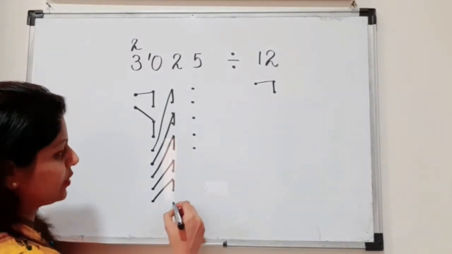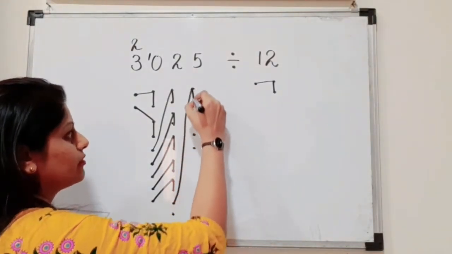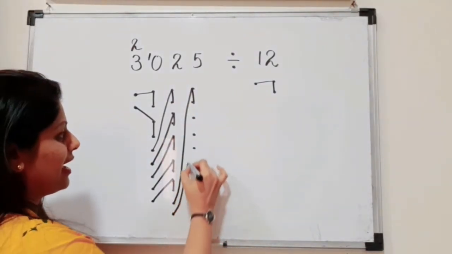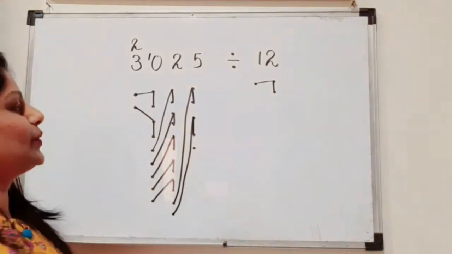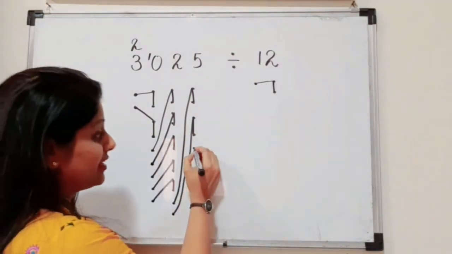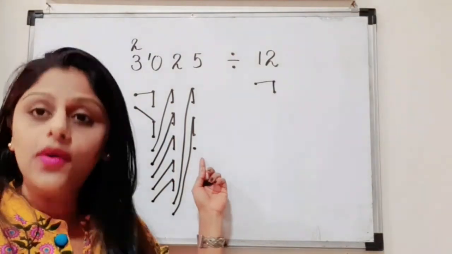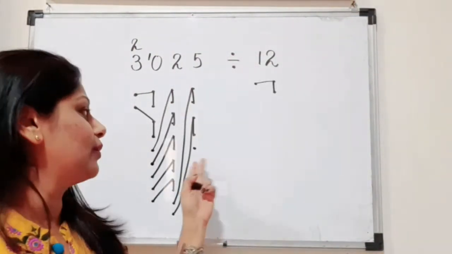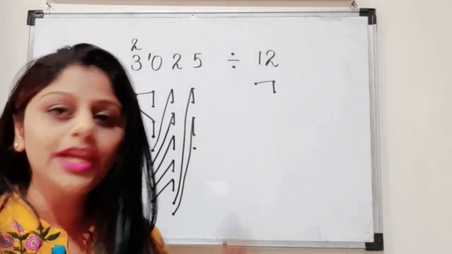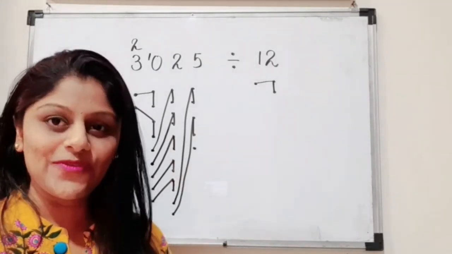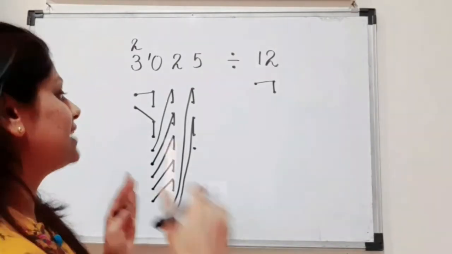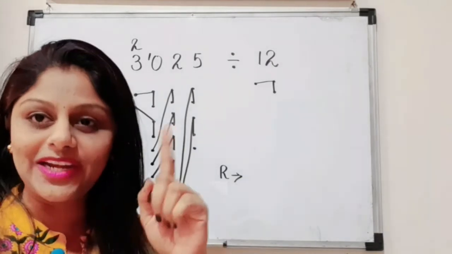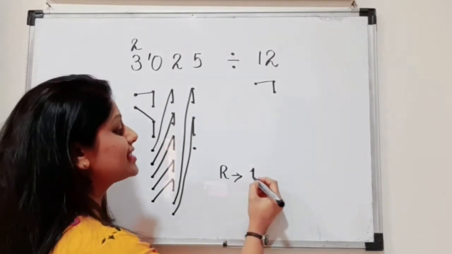So in this we will take 1 dot, and in this column we will take 2 dots. Again in this we will take 1 dot, and in this column we will take 2 dots. See, we have completed, and the final one is we have 1 dot. And do we have any more columns in this? We don't have, and we don't have any more 2 dots to be joined with this 1 dot. Therefore, we have completed our question, and so we have how many dots remaining? We have 1 dot remaining. Therefore, our remainder is number 1.